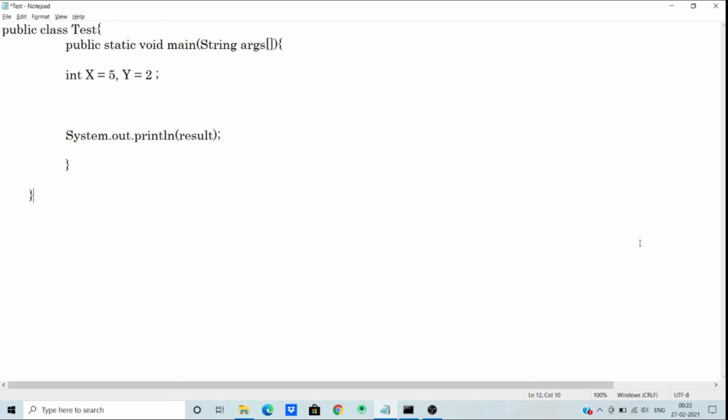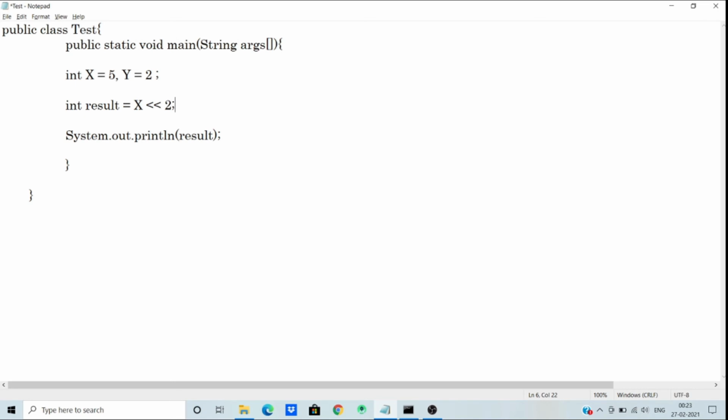Next operator is bitwise operator. Bitwise operator works on binary. So we need a new variable result. So if I assign x left shift to 2, what will be the output of this program?